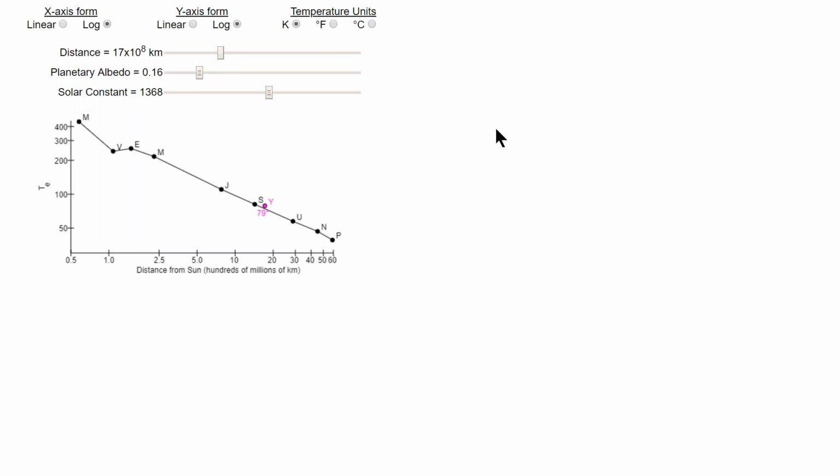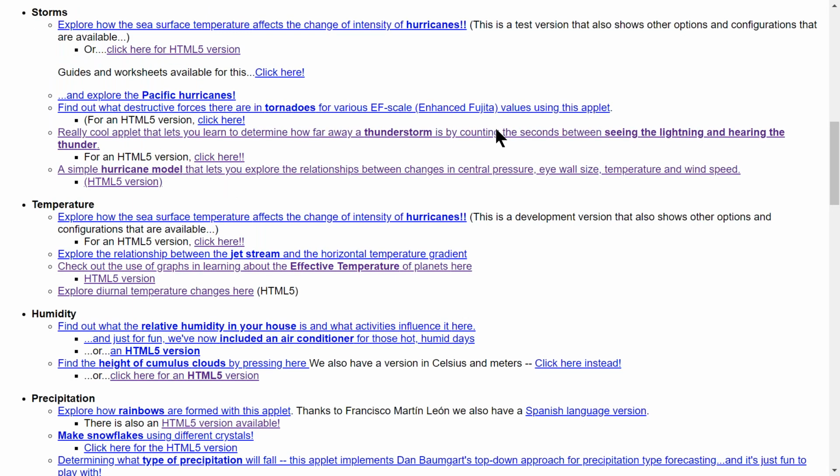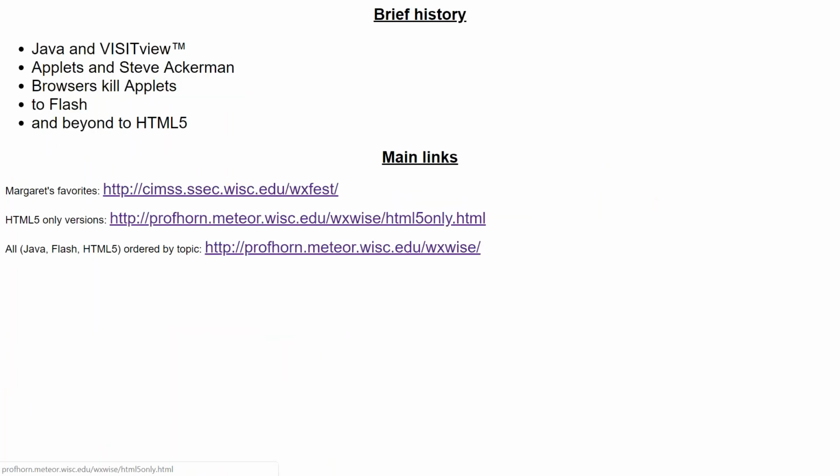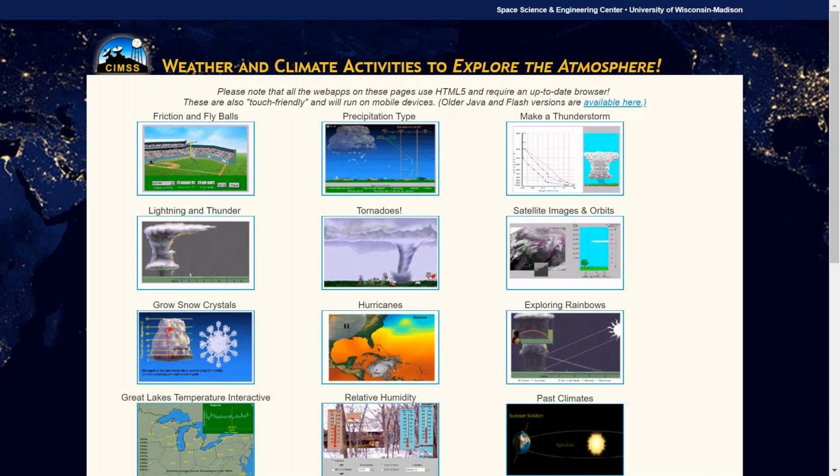Subsequent to this, we kind of learned our lesson not to do too much of this stuff, though, because too many options meant that they might miss the point. Because of the popularity of the HTML5 web apps, I created a page which only lists the HTML5 applets, but it's in no particular order. I suppose I should go back and rearrange it by topic as we did before. But again, the big descriptions that are out there are on that first page that I showed you. But probably the one I'm going to focus on today is the one that Margaret put together as part of some WeatherFest things for outreach activities and the AMS WeatherFest.